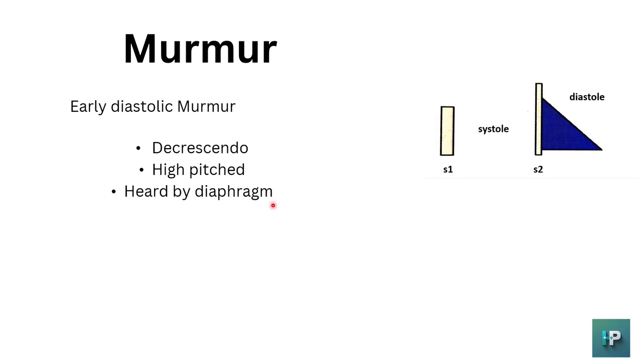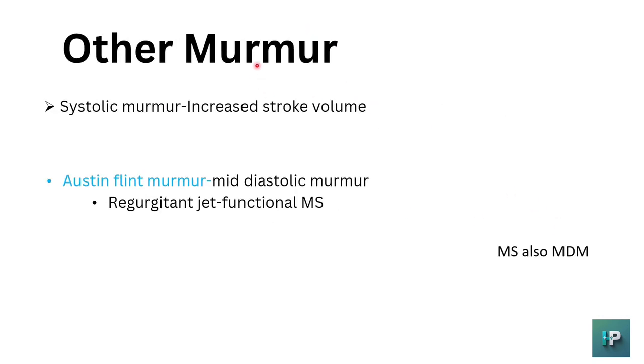And then other murmurs. Here there will be a systolic murmur. It's because of increased stroke volume. During systole there will be a murmur. And Austin Flint murmur. It is one of the characteristic murmurs of